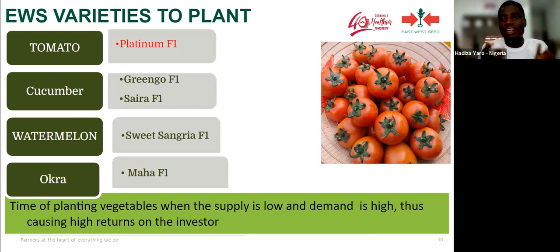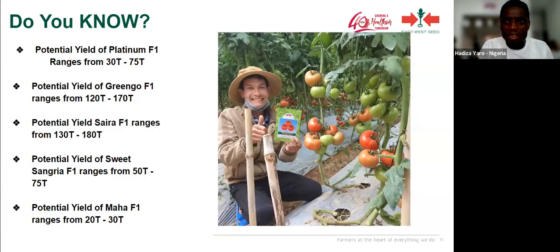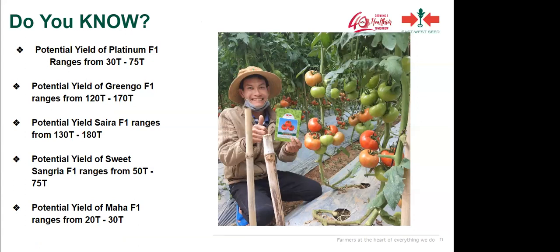Watermelon has a window. When you miss the window, you will likely not be able to plant again, maybe in the heavy kind of rain or when the weather is too harsh. You have a window and the window is now. You plan towards mid-February, towards the onset of rain, then maybe in the early part of the rain, before the rain is more heavy, after which you will likely not be able to plant watermelon again. Then he has talked about the yield. You can't go wrong about the yield. The minimum you can go on is about around 30.